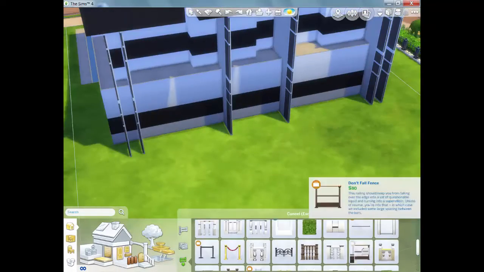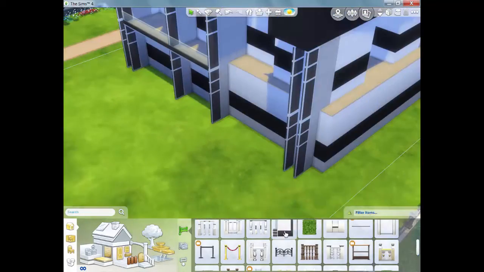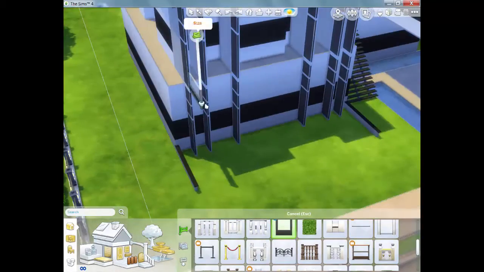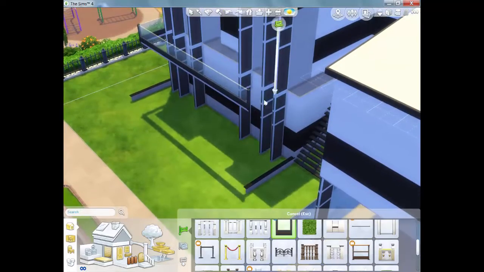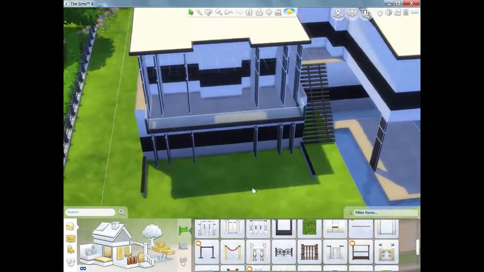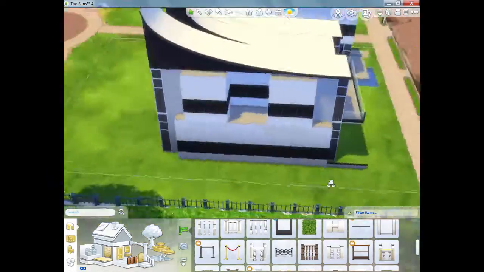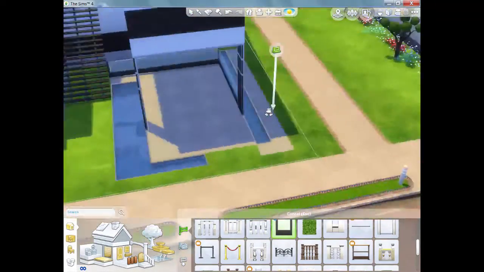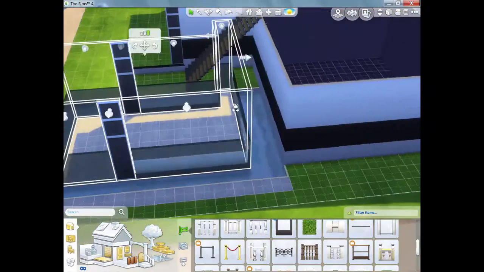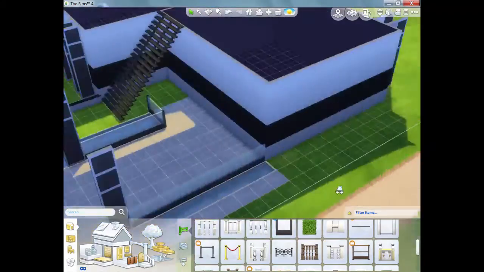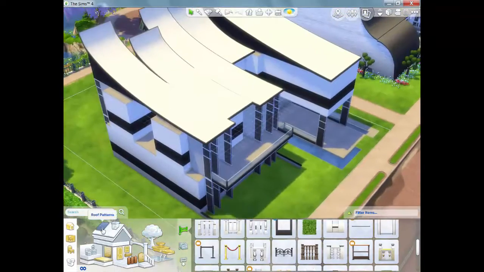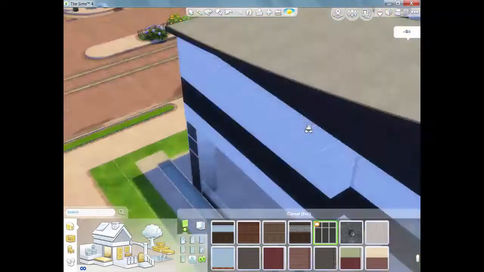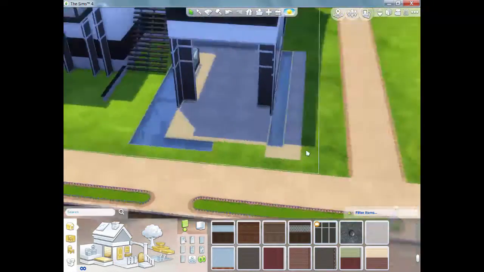So I decided to add some balcony area around the back and the front, and I really like how it came out. I do end up getting rid of some of the wall panel columns at the front, because I want the balcony to be a bit more open than it ended up, but you will see that as I go on through the video. Just adjusting the patio area with the water. As you can see, changing the roof texture again, of course, and I added some extra walls underneath